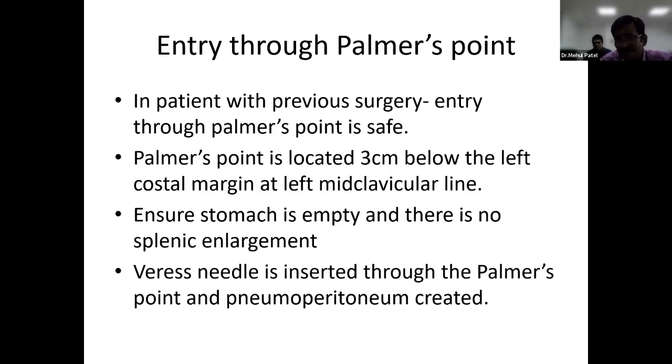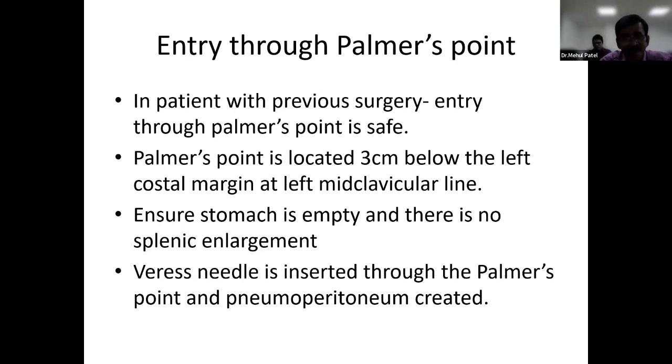And this is the point which is described classically 3 centimeter below the left costal margin at the left mid-clavicular line. Or this can be the tip of the ninth costal cartilage to the umbilicus, medial 2/3 and lateral 1/3. So that is the area where you can create a safe pneumoperitoneum, provided you have palpated the abdomen, that there